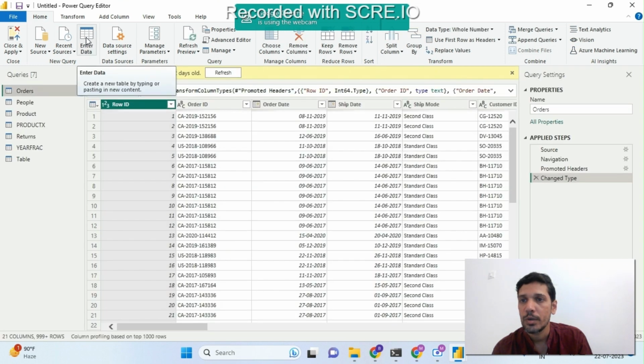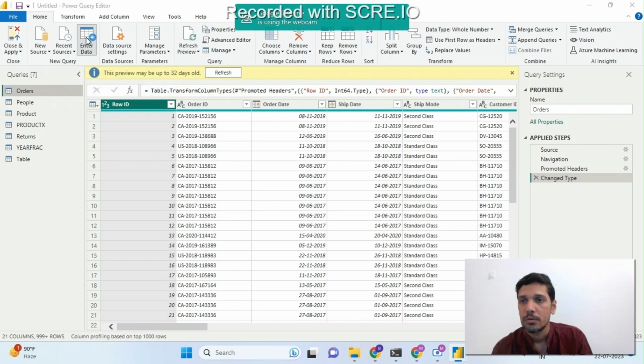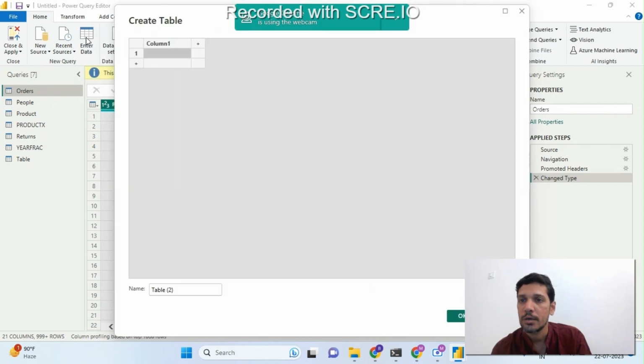Here also we can create a new table. Let me show you what is the difference between this enter data table and the table that we have created using the row function. Suppose I am creating a table with columns,